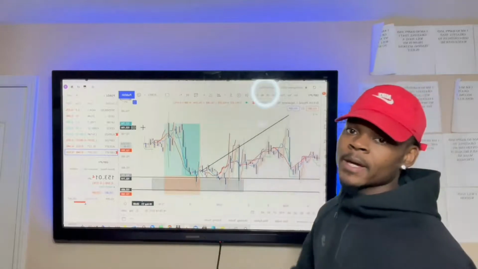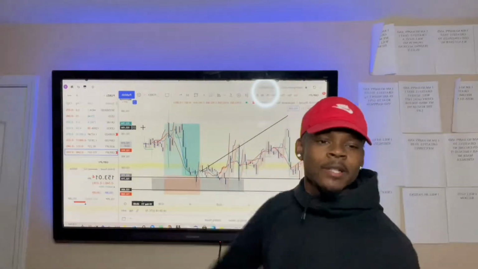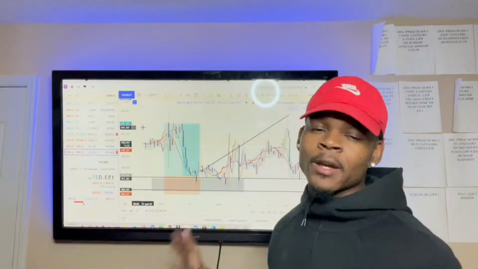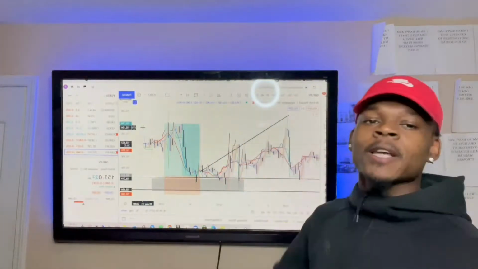It got to fill that back in. So actually, it don't always fill that wick back in. Sometimes the market just says, hey, I'm gonna do what I want to do, and it just goes in the opposite direction. But sometimes it fills that wick in,